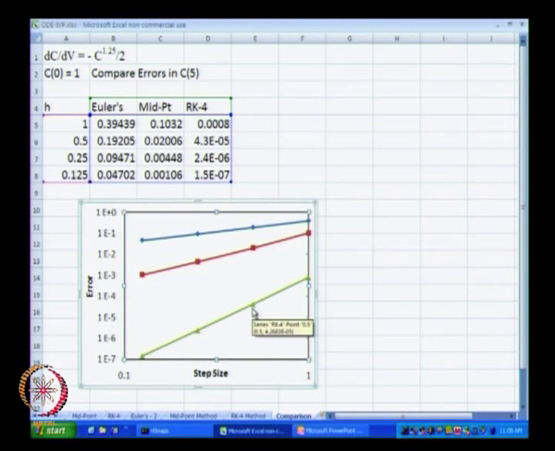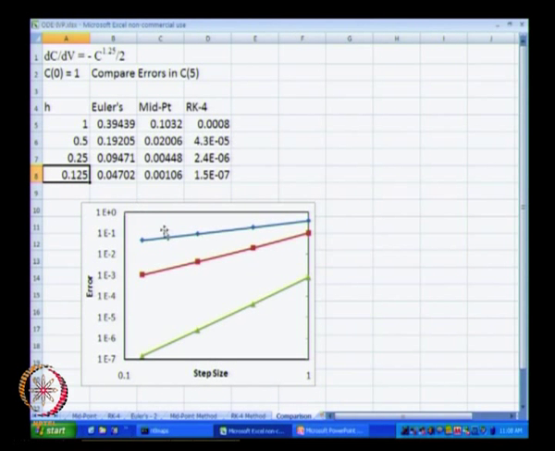As you can see, RK4 method is significantly more accurate than Euler's method. Euler's method using h equal to 0.125 has an accuracy of about 4%, whereas RK4 method using h equal to 1 has an accuracy of 0.08.